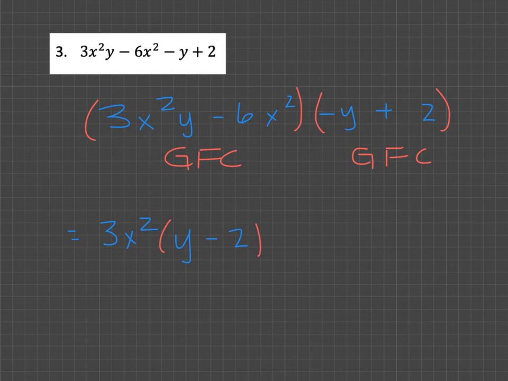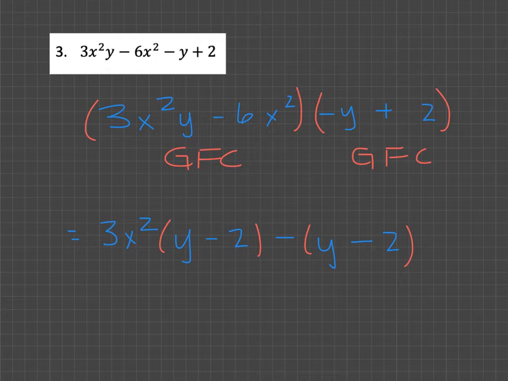From the second group, we can factor out a negative. That's the only thing that we can factor out. So we can bring out a negative, and then we're left with positive y. And if we take a negative out of plus 2, we are left with a negative 2. It just changes the sign. Okay, that ends up just like we would expect,